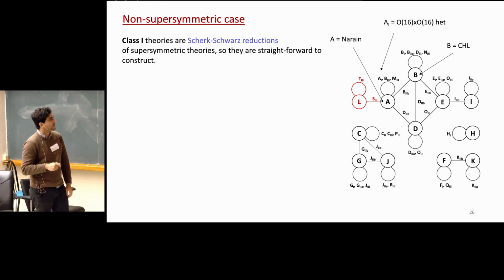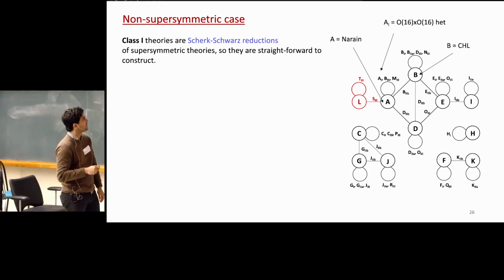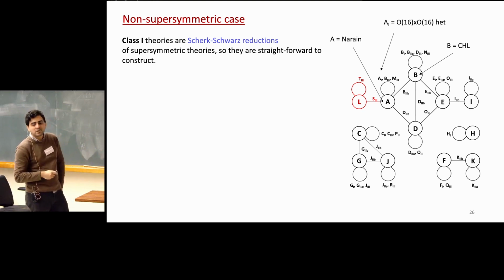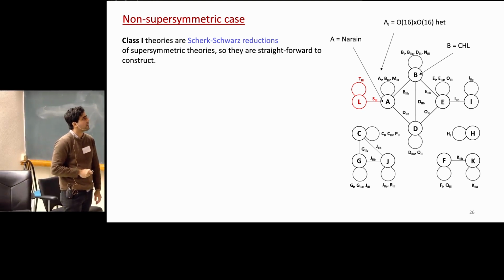I'll explain a bit more in detail what each one of the letters mean. You have class 1 theories. I call them class, not to use too much mathematical jargon. They are generalized, but let's say class 1 theories. They are shared source reductions. So let's say you take the CHL string, you do a shared source reduction, you put it in a circle with antiperiodic boundary conditions for the fermions. You get B1, which should be right here. Okay.